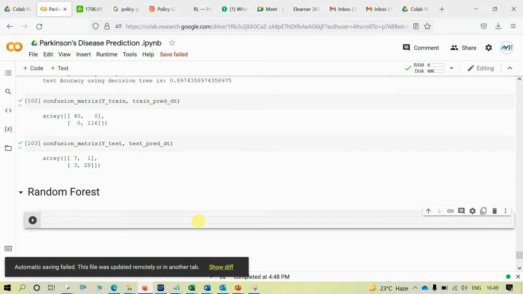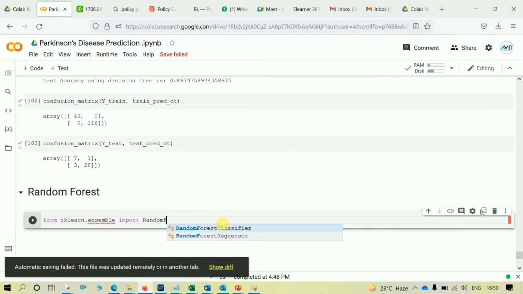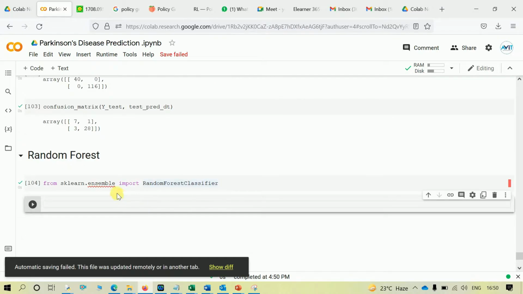So first I have to import the library which provides this method. So let me write in here from sklearn.ensemble import random forest classifier. So let's run this cell first, and it's imported properly.